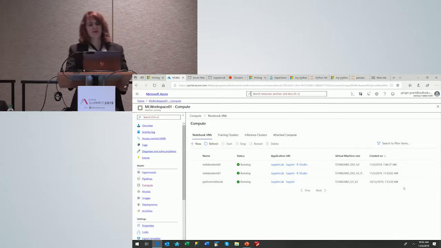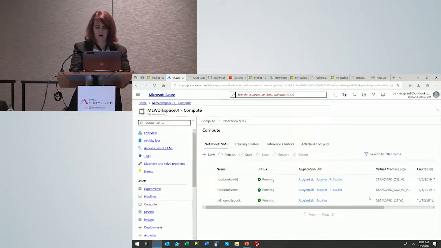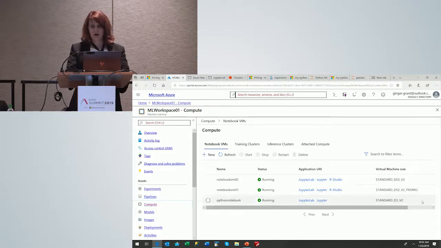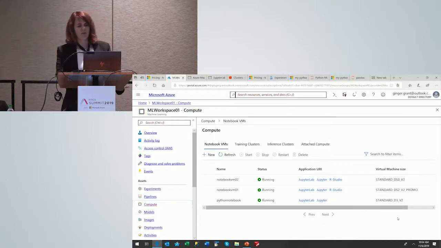So you'll see that I've got different virtual machine sizes here. Let me make this a little bigger. So I've got Standard D3, Standard DS2, Standard V2. And of course, every single one of these has different pricing associated with it based on the number of cores that I'm choosing to use.